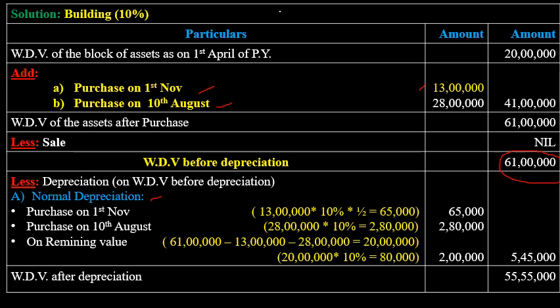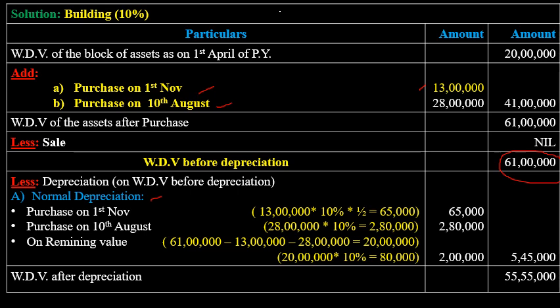While you are calculating the depreciation, first you have to calculate the depreciation on newly purchased assets. Out of that, the assets which were used for less than 180 days, for that you have to calculate depreciation first. Means for the recently purchased asset you have to calculate depreciation first, then afterwards the next purchases, then on the remaining balance. One point, the value for the depreciation is 61 lakh. It should not cross that particular limit.